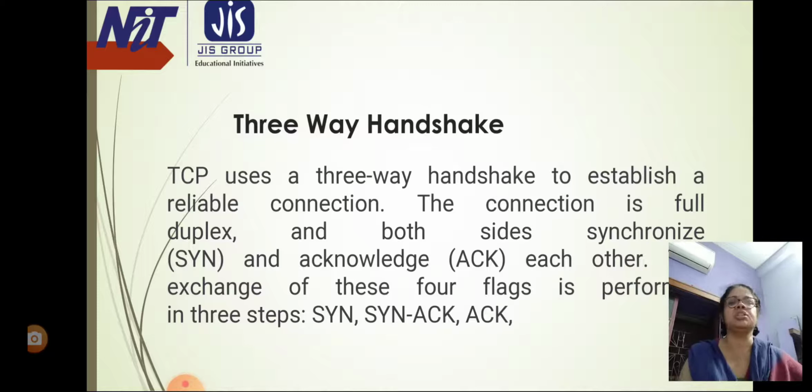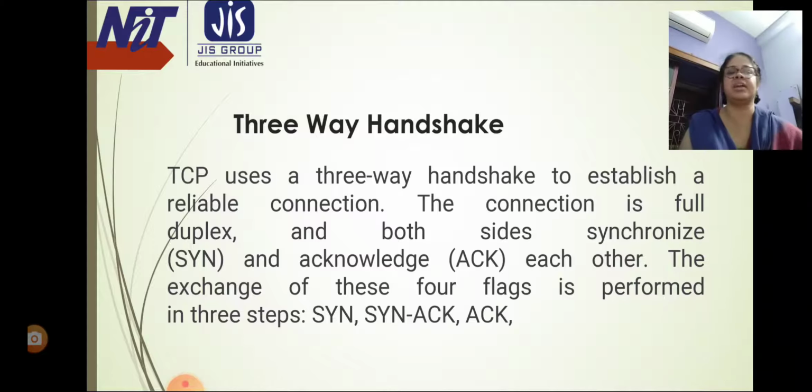The connection is full duplex, and both sides synchronize (SYN) and acknowledge (ACK) each other. The exchange of these flags is performed in three steps: synchronize, synchronize-acknowledge, and then acknowledge.